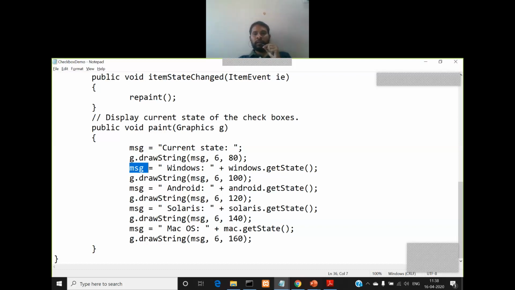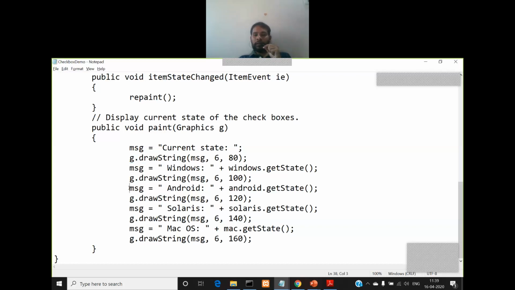That is returned in the form of a string, and that string will be concatenated to Windows, right? Similarly, I am displaying this message at 6, 100. Earlier I displayed the current state at 6, 80. Now I am displaying the status of the Windows checkbox, whether it is checked or unchecked, at 6, 100.